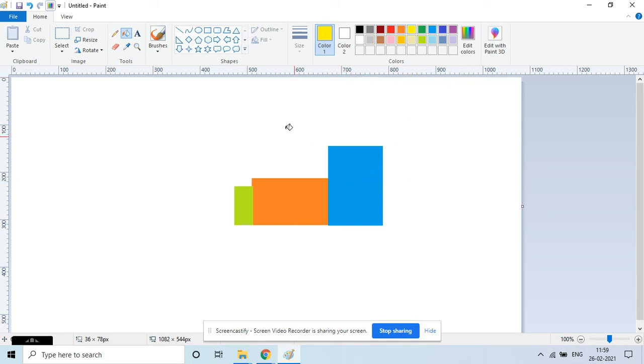take another rectangle, and draw the rectangle and fill it with the color. Take the fifth rectangle and fill it with color. Now take the triangle, place the triangle over the fifth rectangle, fill it with color. For the wheels, take the oval tool,